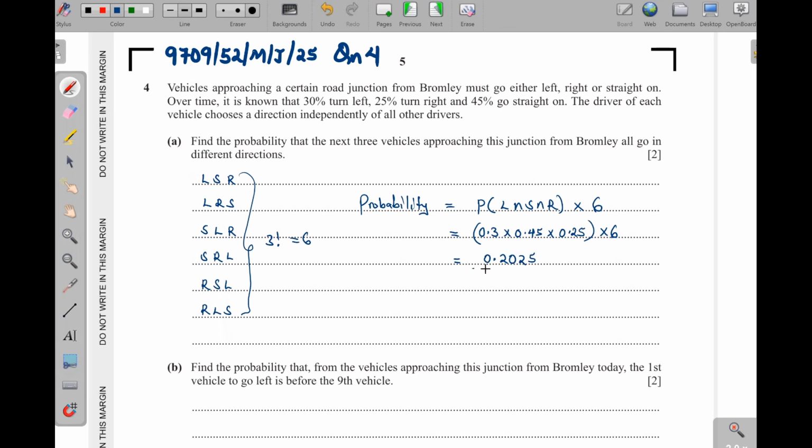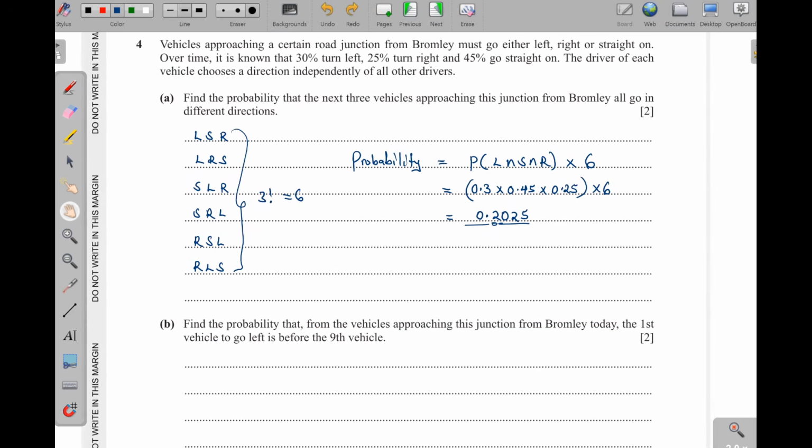0.2025. It was exact. I don't need to round it off to 3 significant figures. Then part B, find the probability that from the vehicles approaching this junction from Bromley today, the first vehicle to go left is before the 9th vehicle. Now that means we don't know the number of vehicles that are taken into account. So for this case, this becomes a GP, sorry, a geometric distribution,